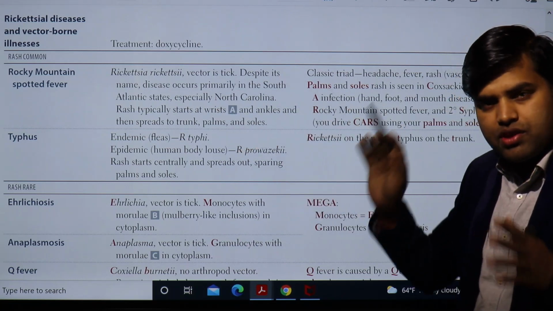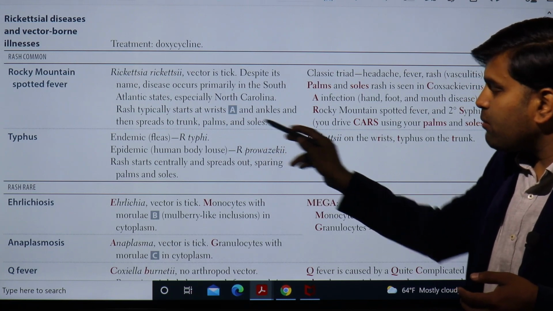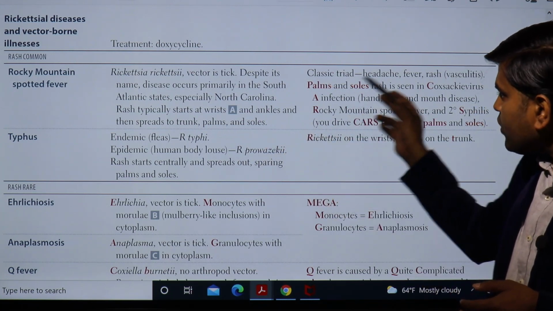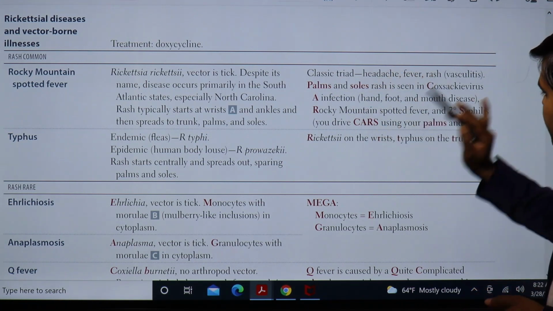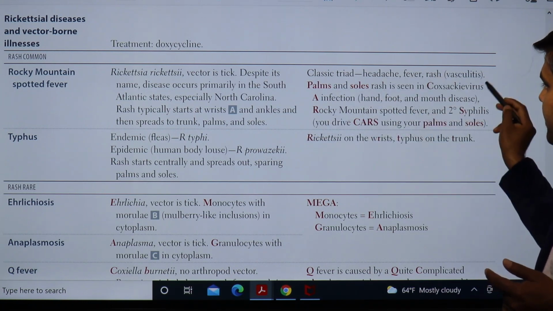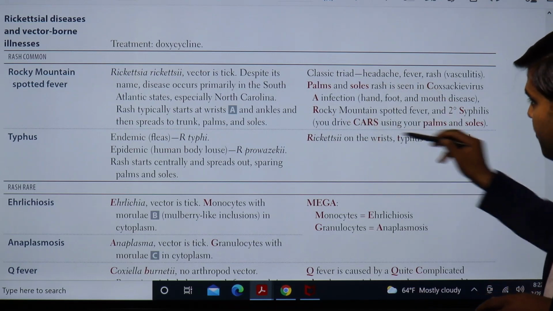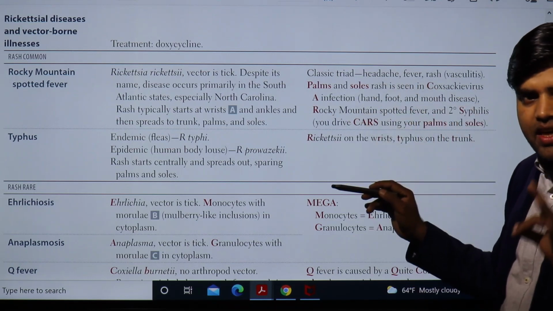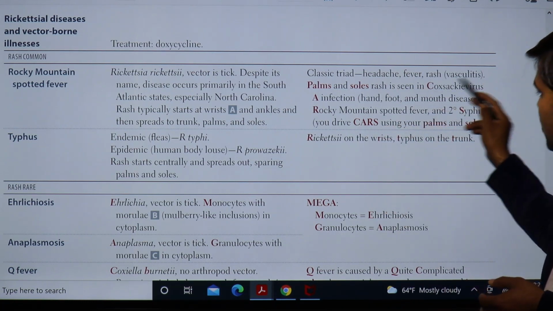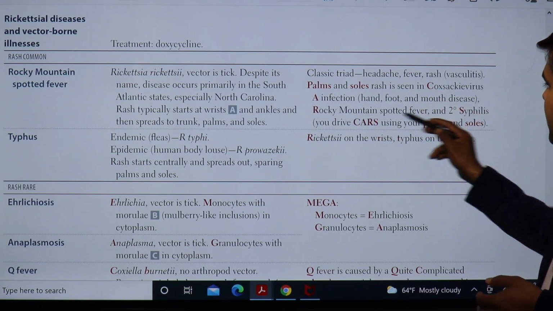Rash typically starts from the wrist and ankle. We are also clear, and it spreads through the trunk, palm, and sole. This is called centripetal spread. We are clear about this. The classical triad we need for diagnosis is headache, fever, rash, including tick bite. So there is a tick bite with headache, fever, and rash. You have to understand we are talking about this rickettsial disease. The remembering formula is that there are 3 diseases that cause rash on the palm and sole. The palm and sole rash is seen in Coxsackie infection, that is called hand, foot, and mouth disease. Then Rocky Mountain spotted fever, that is R, and